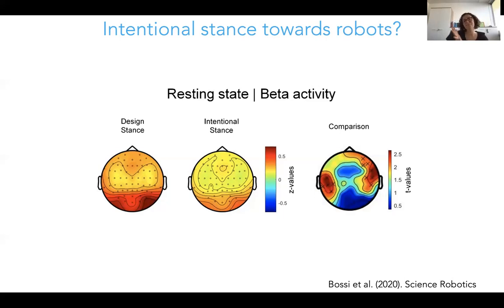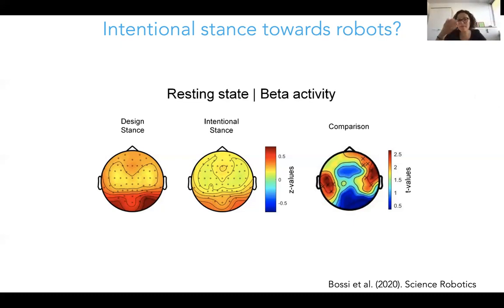So there was something in their neural activity before they even did the task that then determined their choices in the task. Now, of course, we cannot say whether it's a state or a trait because we haven't re-invited our participants into the lab. So maybe at this particular time and that day, they were more on the intentional side for whatever reason. But it's quite interesting. And it's interesting that this differentiation we could observe in the beta activity on those regions.